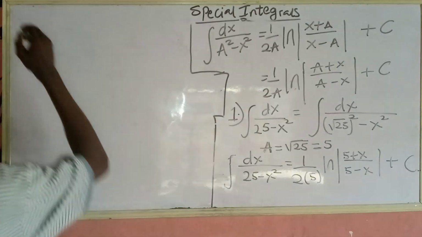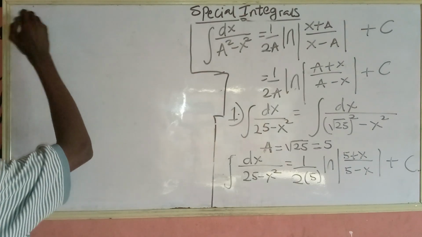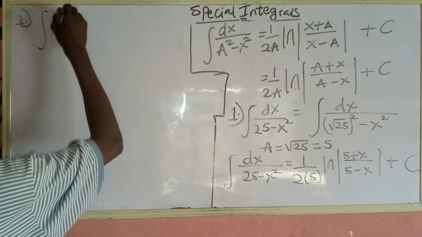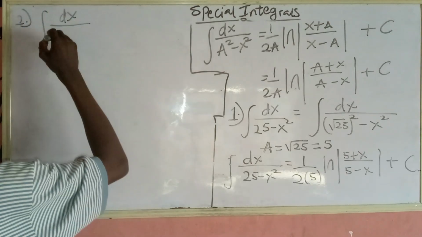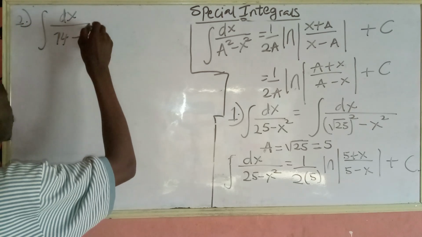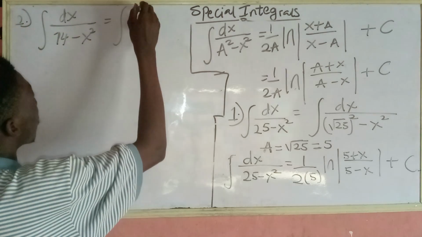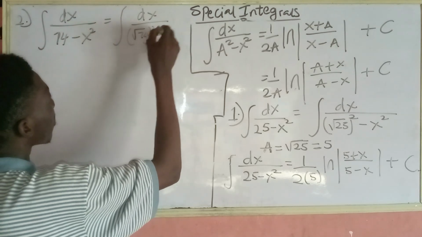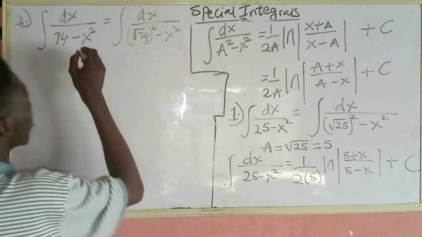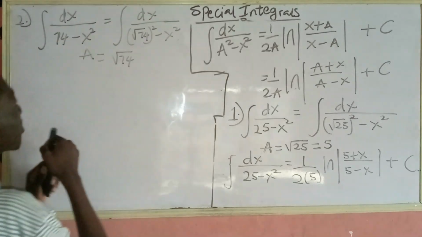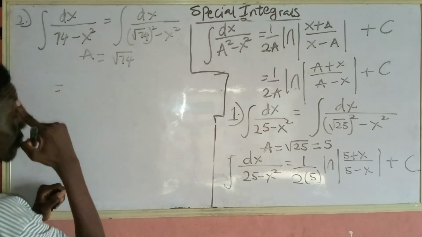That is number 1. Number 2, the integral of dx over 74 minus x squared, because it is the integral of dx over the square root of 74 all squared minus x squared. So my a here is the square root of 74. Can you see? And my final answer will be equal to